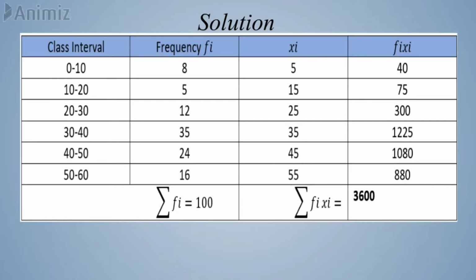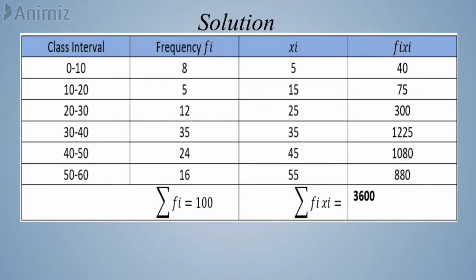In the same way, the fourth column gives you 1225, the second last gives you 1080, and 16 into 55 is 880. After this, you have to add the second column as well as the fourth column. The total of the second column gives you summation of fi, which is 100, and the total of the fourth column gives you summation of fi xi, which is